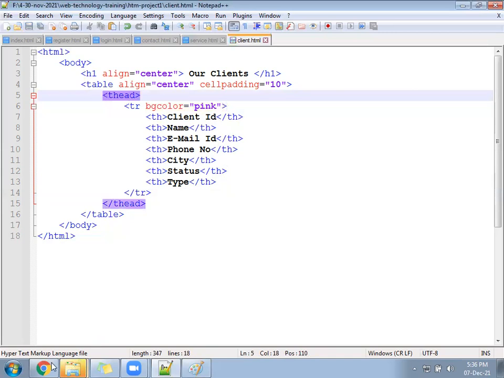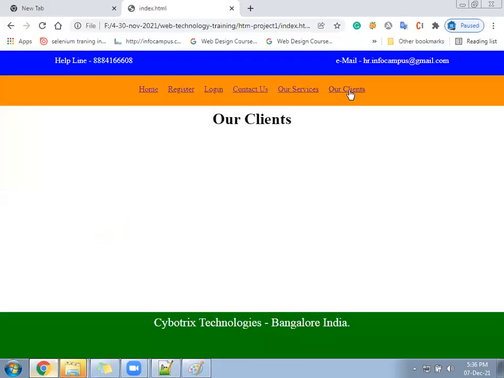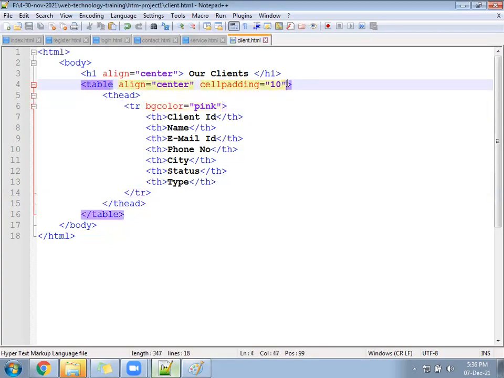Okay, the width of the table should be 95%, almost full width of the screen.